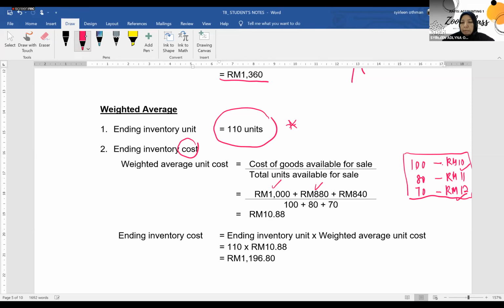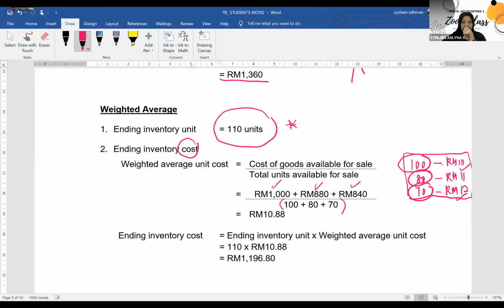So I get the amount of RM840. So untuk tiga batch inventory tadi, Madam akan campur semua, dan saya akan bahagi dengan bilangan unit inventory yang ada. So bilangan dia ialah 100 campur 80 campur 70. That will be, okay,